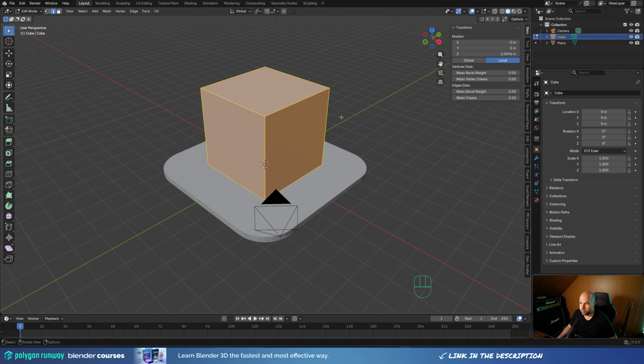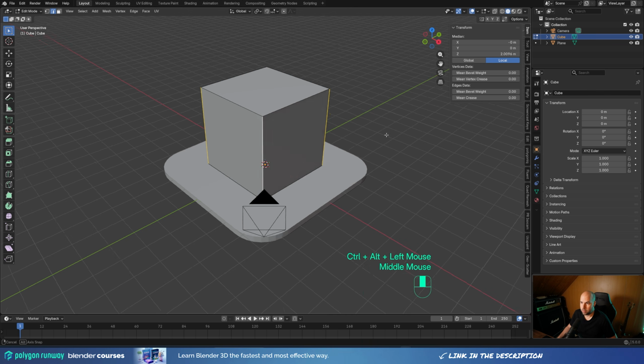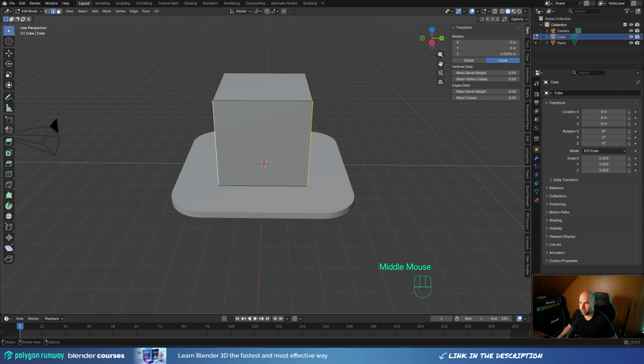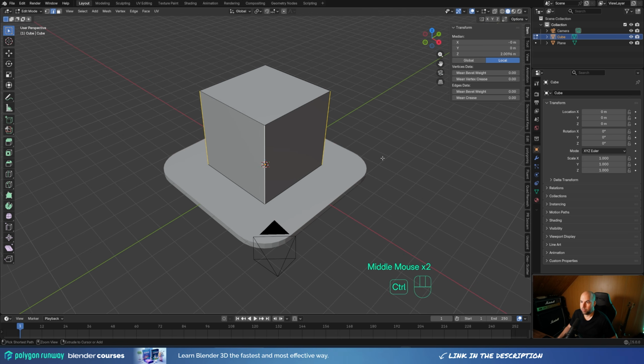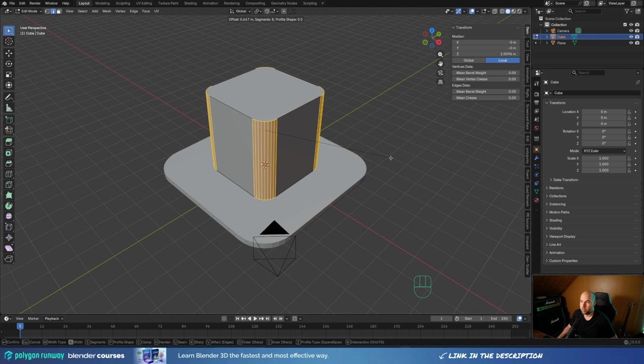And to select all of the edges around this, you can hold Ctrl and Alt key and click on one of the edges, and you will see you will select all of these around. If you, for example, click Ctrl and Alt, and here you will see you will select these. So Ctrl and Alt and click, and now press Ctrl B. Now we don't need to press Shift Ctrl B because we are not beveling vertices, but we are beveling edges. So we can do bevel like this and just reduce the number of cuts with the mouse wheel to something